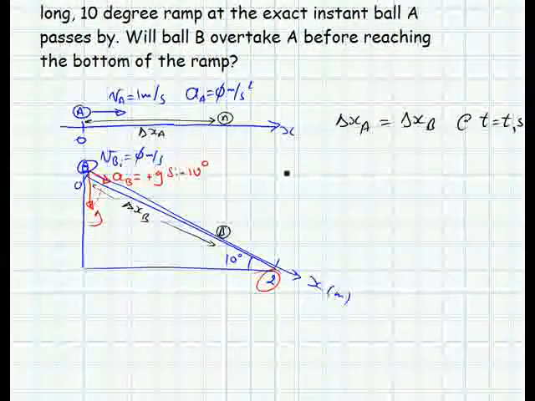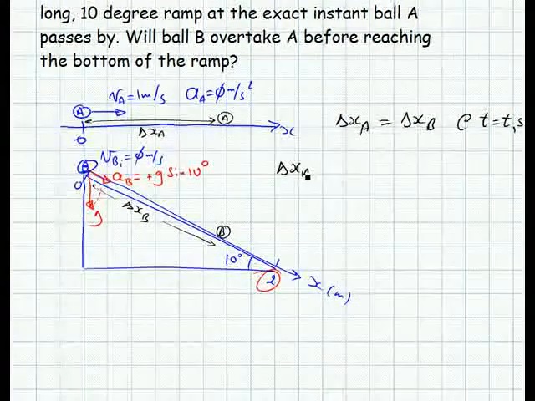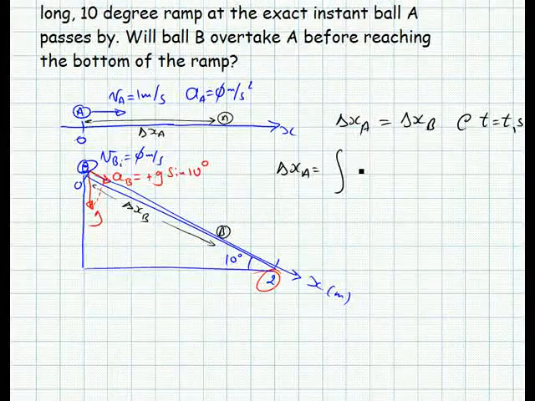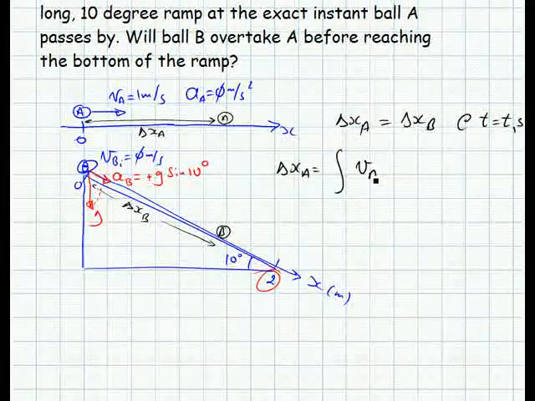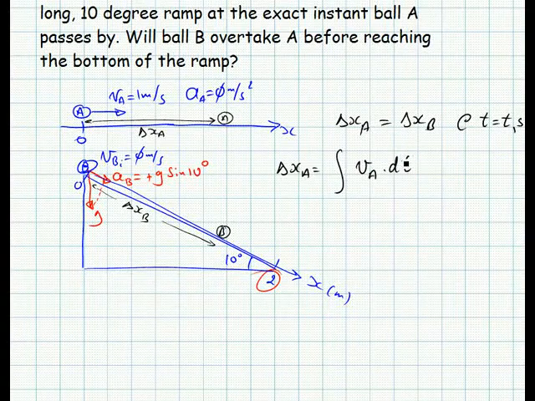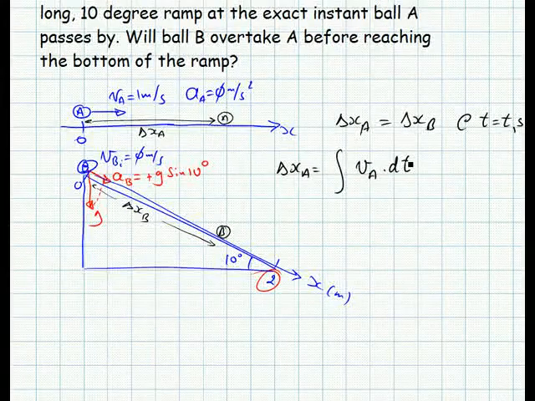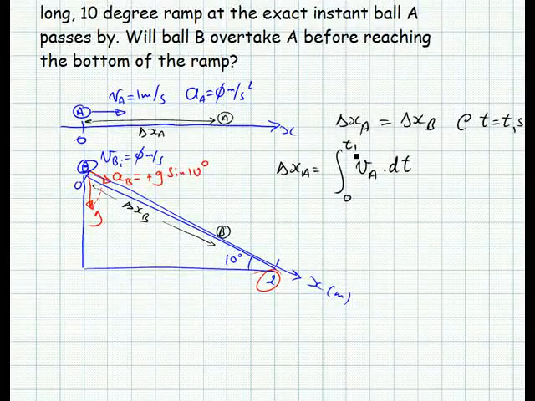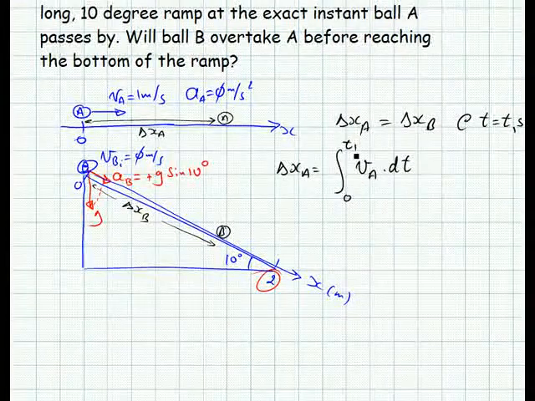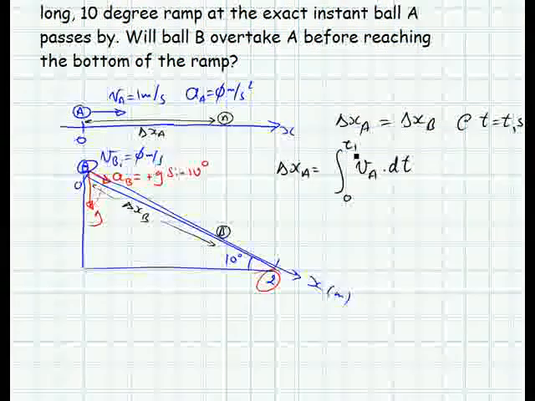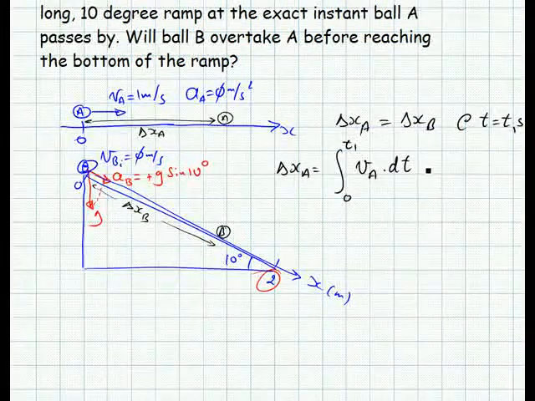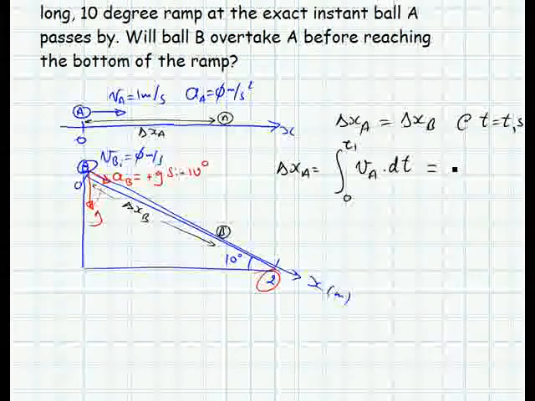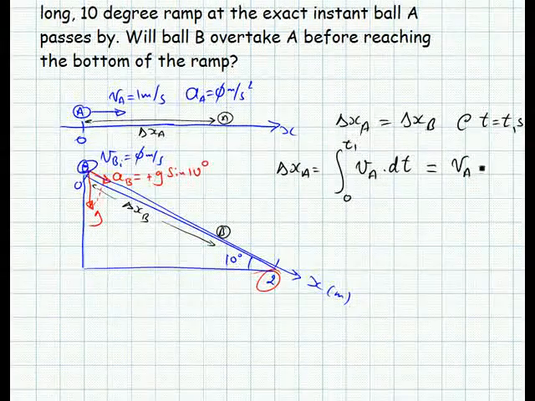So delta XA is the area under velocity A dt, or the integral of velocity A dt from time equals 0 to t1, right? And VA is constant, therefore this is a simple integral to evaluate. It's simply VA